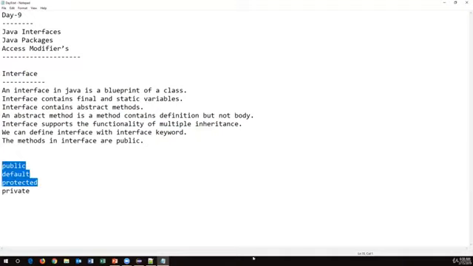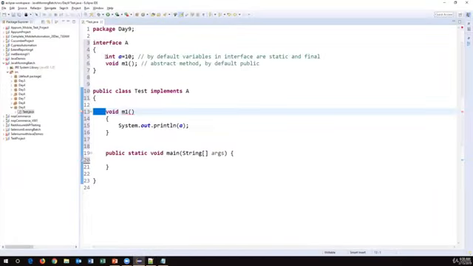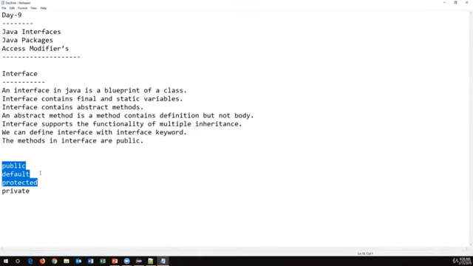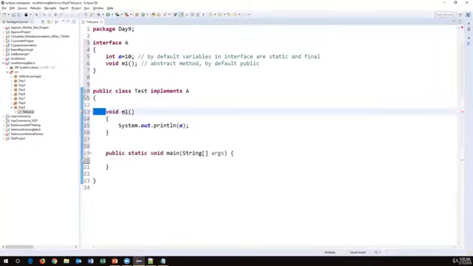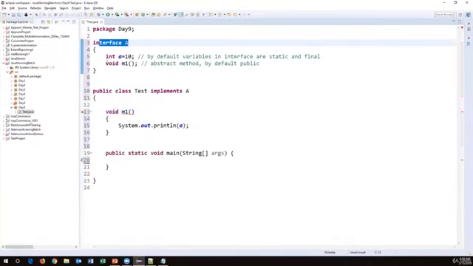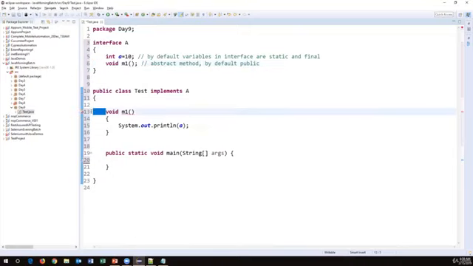Now, what we are doing here is, in the interface, the method is public. And when I'm trying to implement this method in the class, I don't specify anything here. If I don't specify anything, that will be treated as default. In the class, if I don't specify anything, the methods are default. So in the interface, the methods are public, but in the class, it is treated as default. So default is lesser than public. So here the rule is,